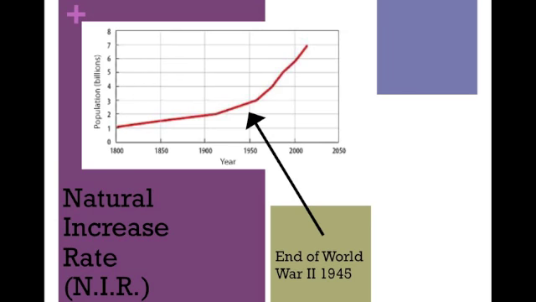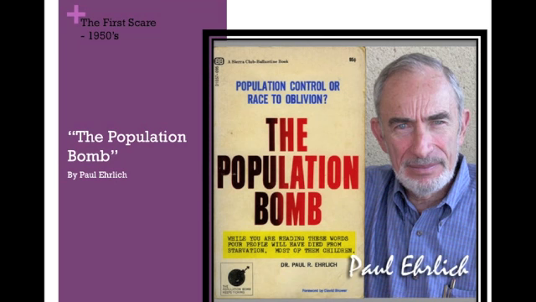Because the entire world pretty much stopped fighting and stopped killing and started thriving, then you have more and more people automatically being added to the globe. But during the 1950s, a widespread of knowledge at this time, such as books like The Population Bomb by Paul Ehrlich, a Stanford professor, illustrated a more gloomy picture of what the future might look like due to overpopulation.